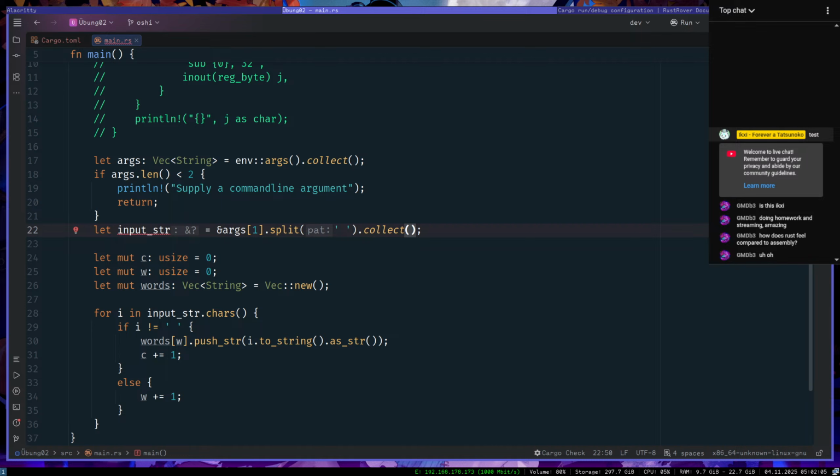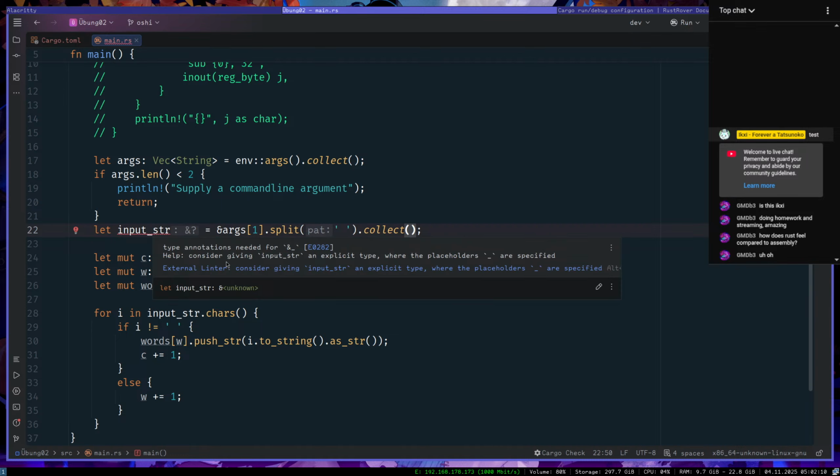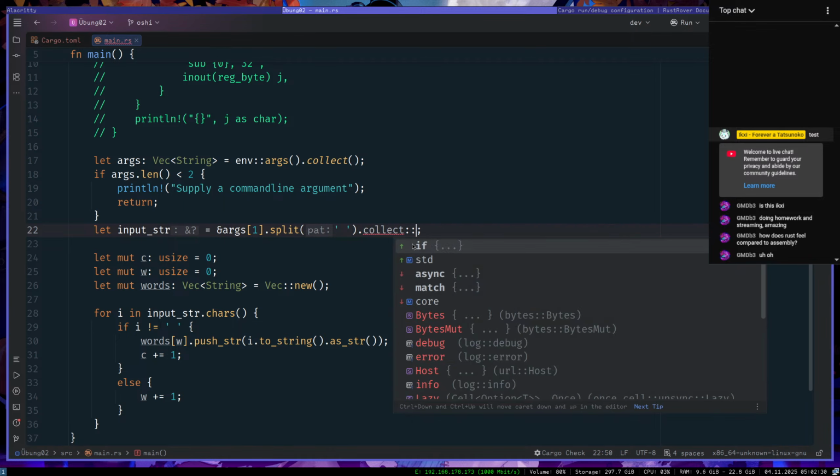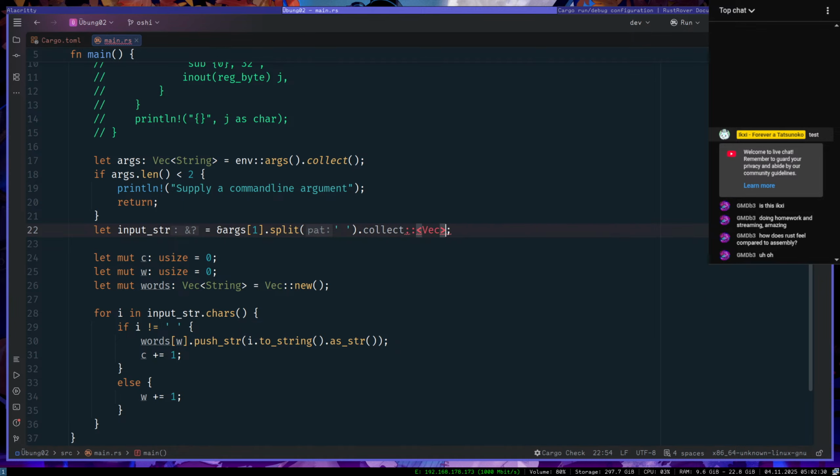Again, type question mark. Okay, let me see. Oh, okay, what is this? Collect Vec<String>.